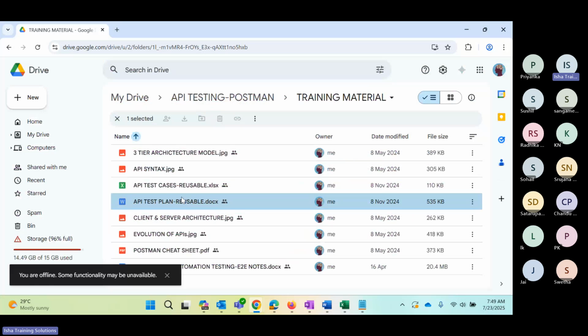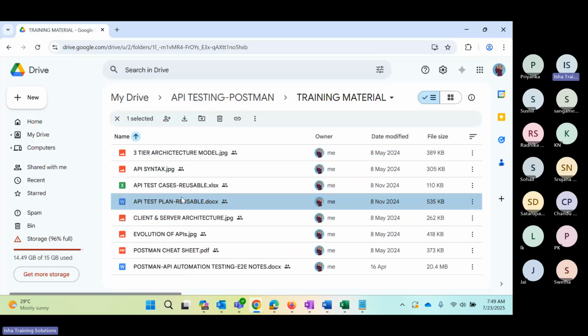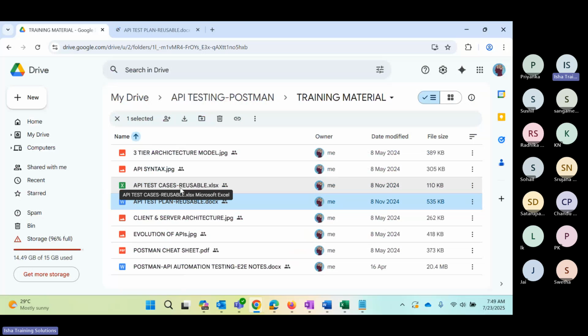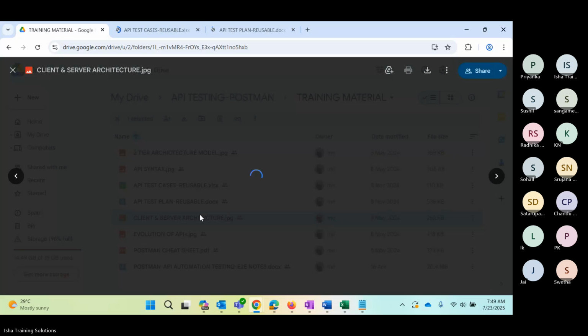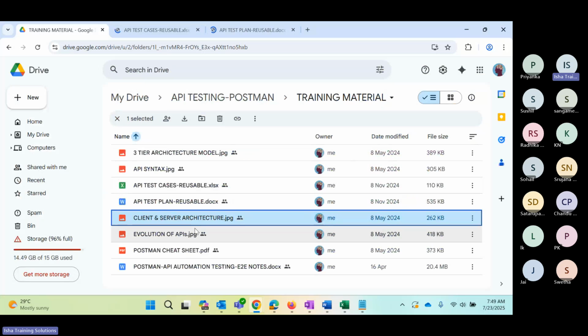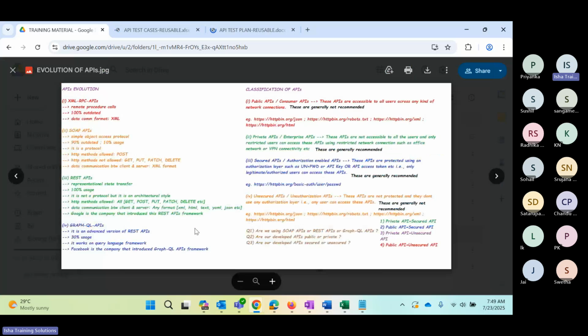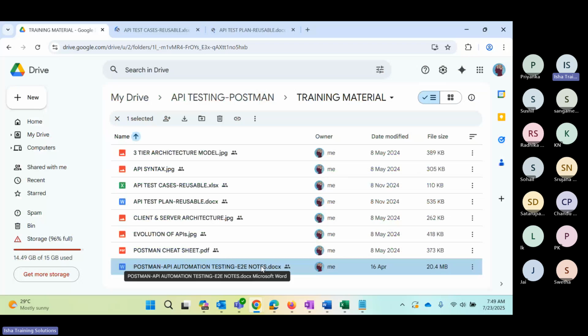So this is a test plan document I have prepared. You will get access to it. Then these are the test cases we have prepared. Then the client and server architecture is explained neatly here. I'll show you all this access. Then evolution of APIs, we'll talk about this. Then the actual notes. This is the training material, end-to-end notes. If I open this,